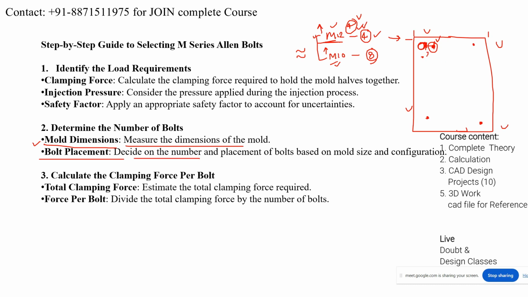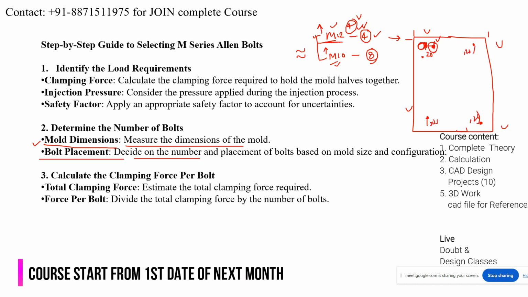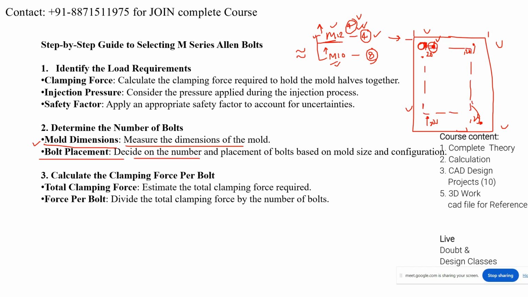From this point it is about 20 mm, so you have to take the 20 mm from this point also, and here will be the 20 mm here. So you can see that this is uniform, right or wrong? Yes. Understood? So first thing is to identify the load requirement,